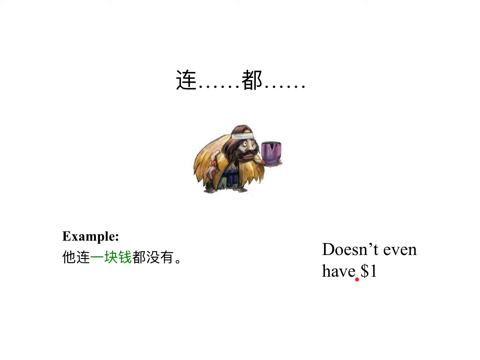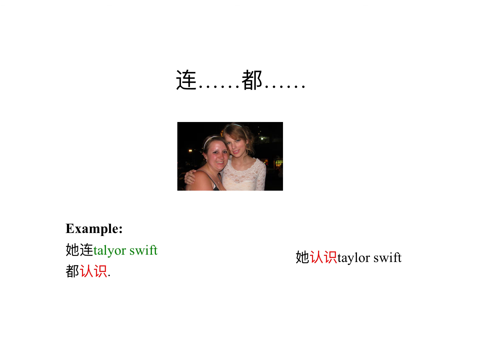他有钱吗？没有。Doesn't even have $1, right? Have $1 is the things you want to emphasize. We move the object $1 in front after 连 and move have after 都 the verb. So the sentence should be 他连1块钱都没有。